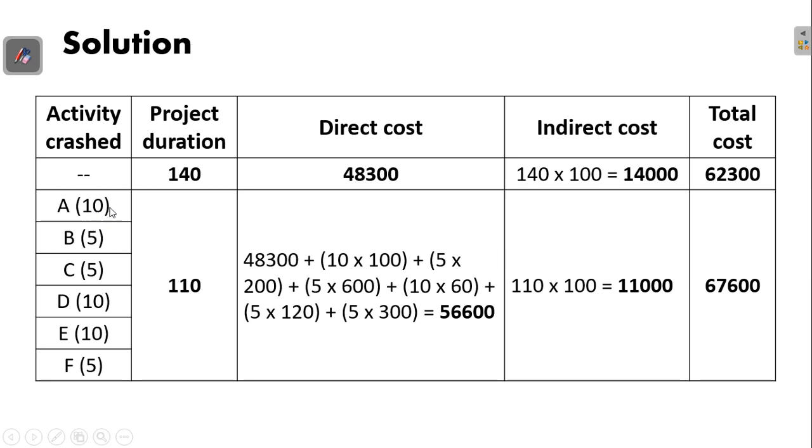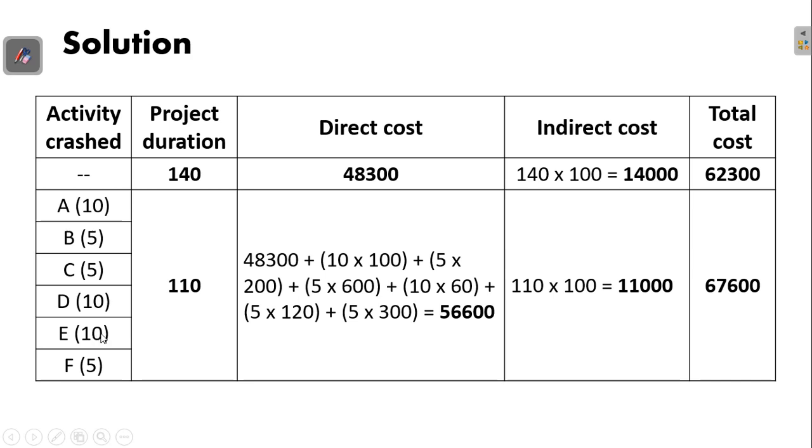Starting from activity A, there are 10 days, but every crashed day costs an amount equivalent to the cost slope. So you take 10 days crashed, multiplied by its associated cost slope, and you will have the cost increase for our project by crashing activity A. And we also add the cost associated with crashing activity B: we crashed 5 days and its associated cost slope is 200, plus activity C, we crashed 5 days, multiplied by its associated cost slope, which is 600, plus activity D, we crashed 10 days, times its associated cost slope, which is 60, plus